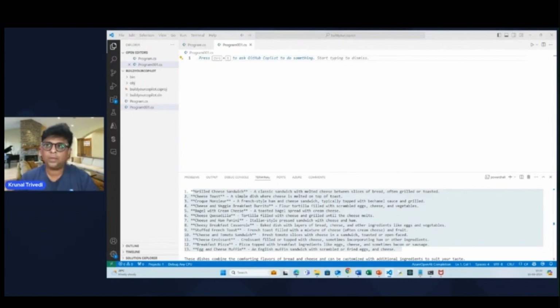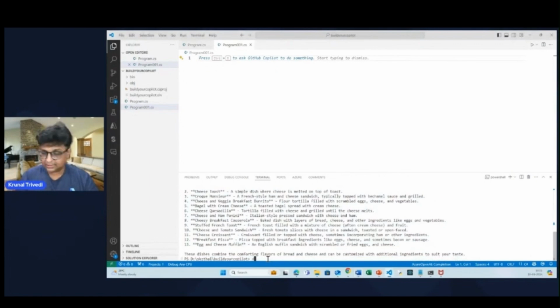As I mentioned, we have plugins. Plugins are built-in functions. They have predefined tasks, and they are intended to complete that particular task. To work with that plugin, we need to add one more package here. We are going to add a package, the Semantic Kernel plugins core. So again, I go back to my terminal here and say dotnet add package,